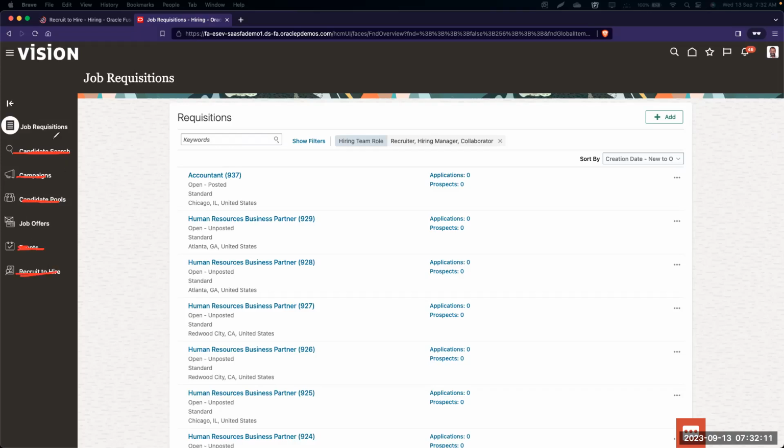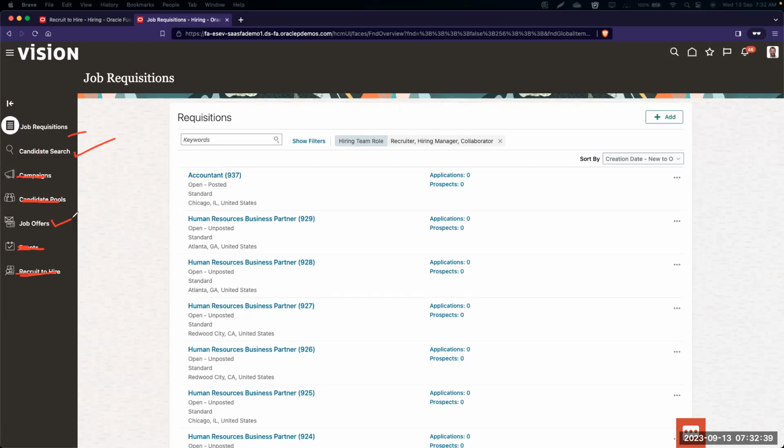All they can see are Job Requisitions, Candidate Search and Job Offers. These are the three links displayed for a hiring manager.